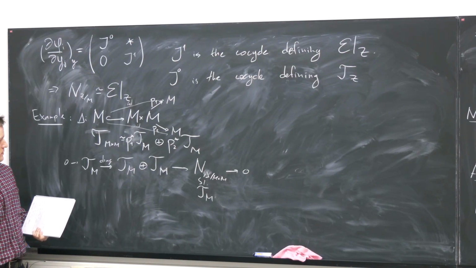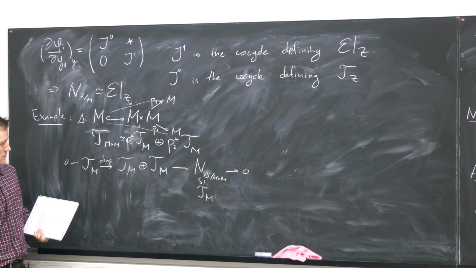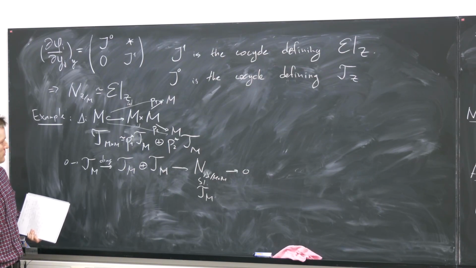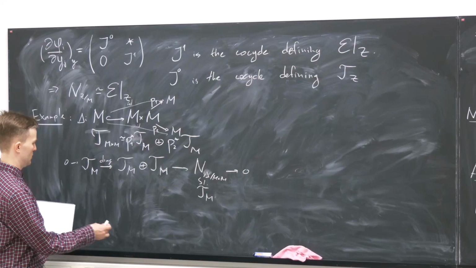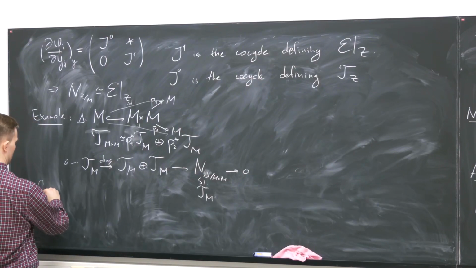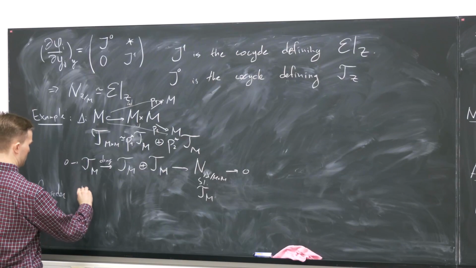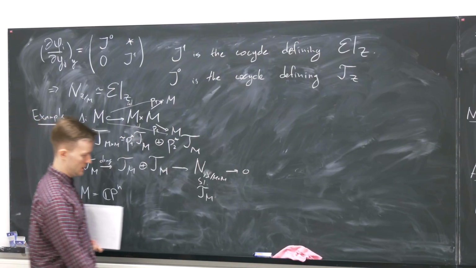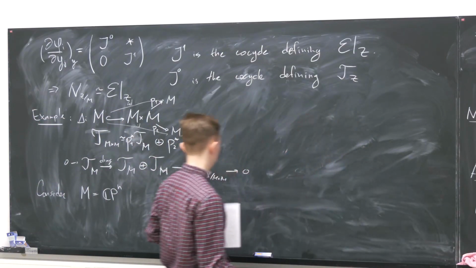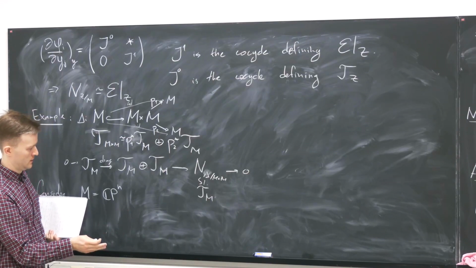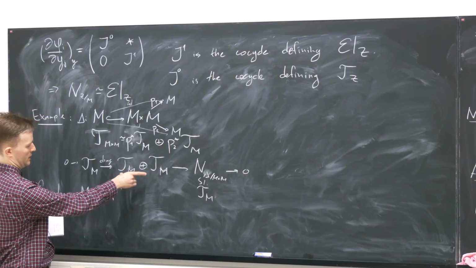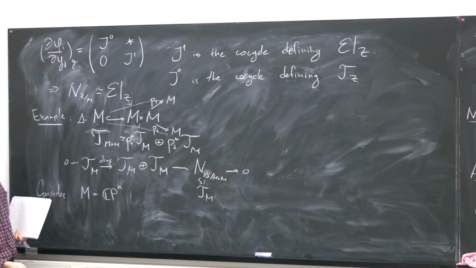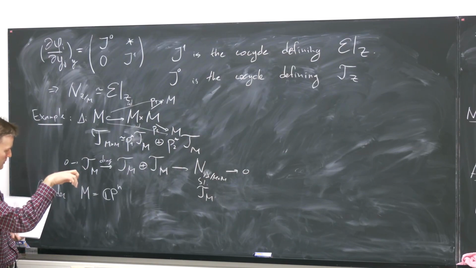And it's not always the case that the diagonal is given by the vanishing of some section of some vector bundle, but for the projective space it is the case. So now consider M equal to the complex projective space. So let me explain how to construct the section and which vector bundle to take on the product in such a way that the zero locus of this section will be exactly the diagonal. So we do the following thing. We